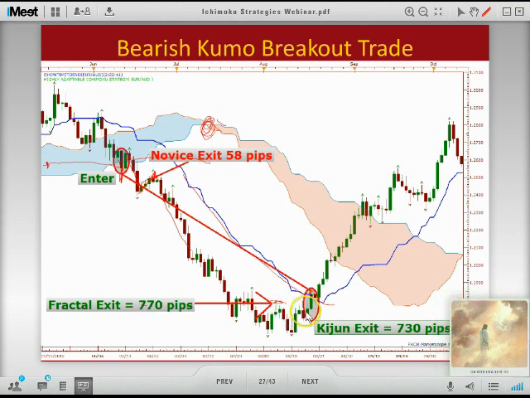Fractal level. Once the market breaks a fractal level, this is a bullish fractal. If we break that level, then we want to be out of the market. Because if you look at how the market goes, here's a fractal, then here's the high fractal. We don't want to break that high fractal if we're going short. The market doesn't break that high fractal. If it did, it would be going that way. But it doesn't. It goes down,